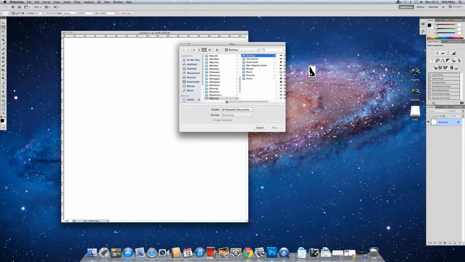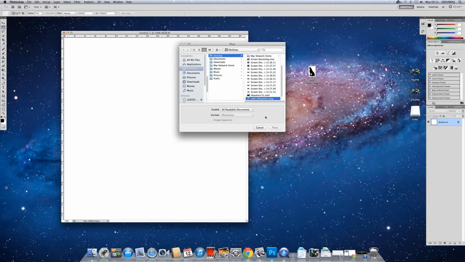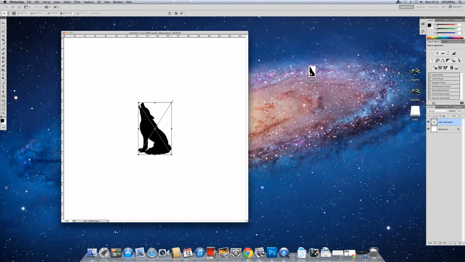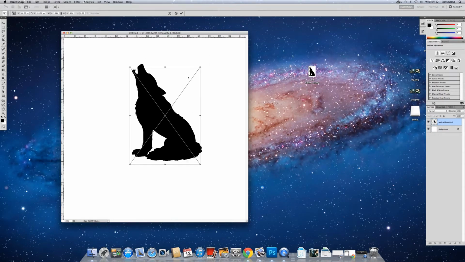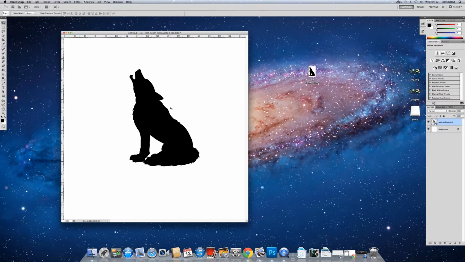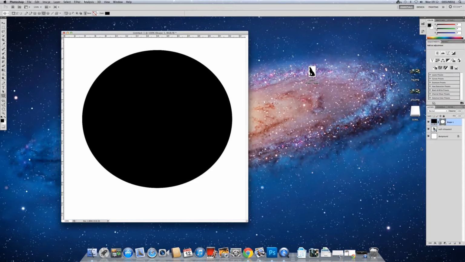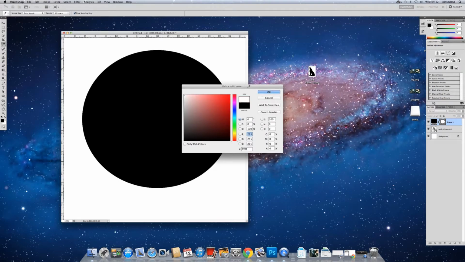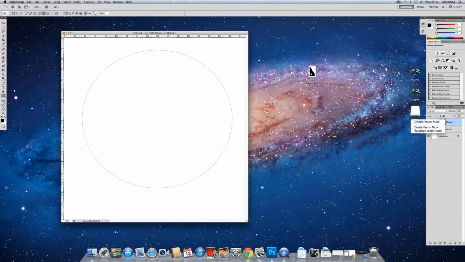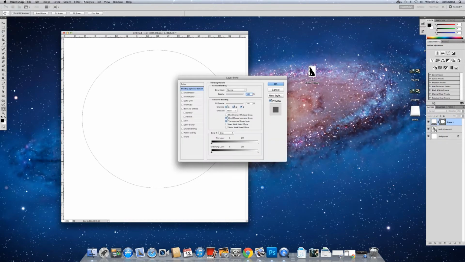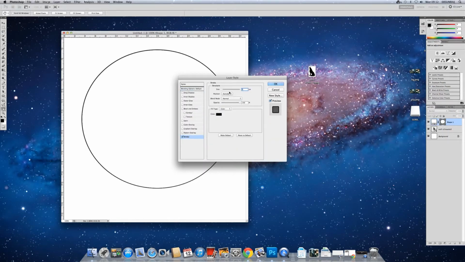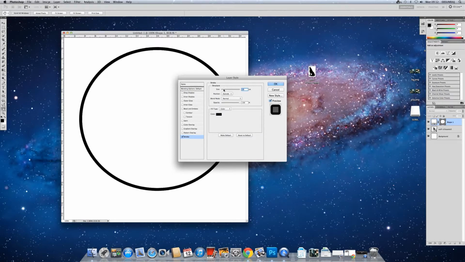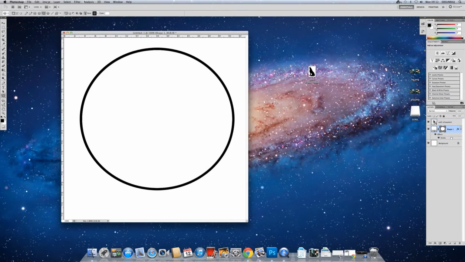So creating our brand logo was quite easy. We made our width and height 1000 each. We then go on to File, Place, and then click on our picture. We found a picture on Google Images, as we didn't have enough time to actually create our wolf. We then use the ellipse tool to make the circle around the wolf. And then we put the background to white.